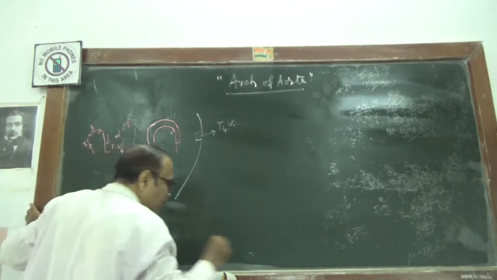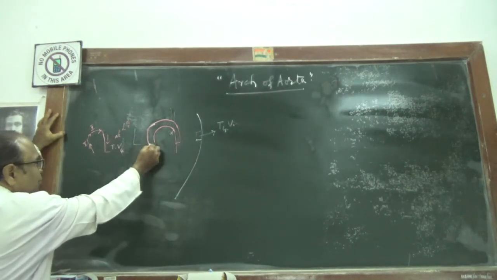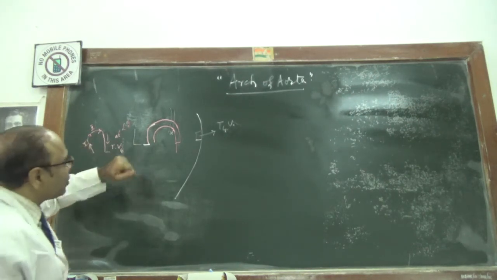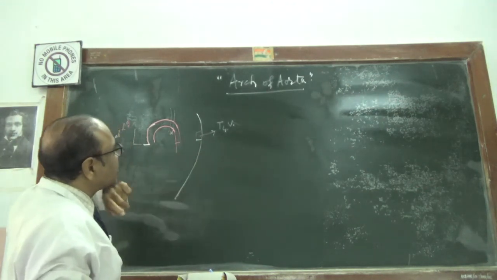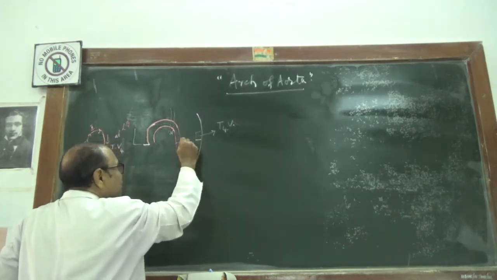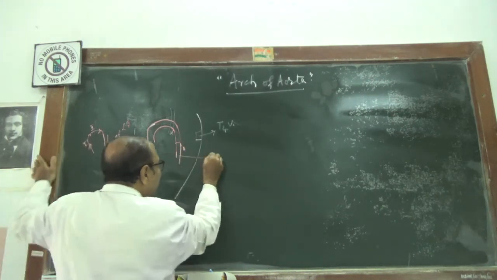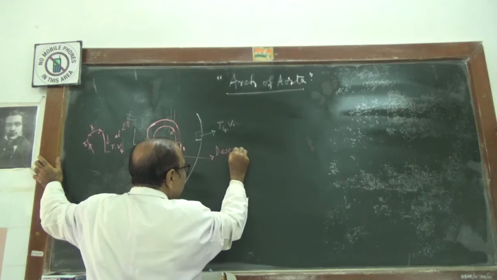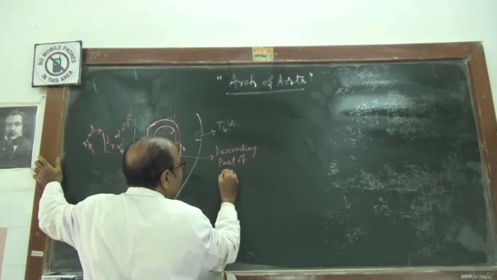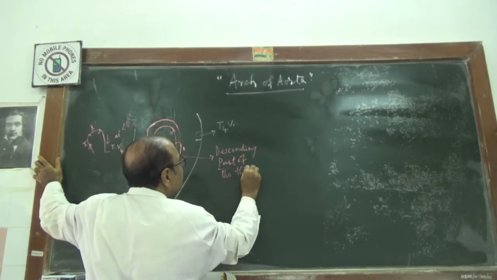The meaning of this is so simple: it starts from the angle of Lewis, that is said to be the sternal angle, or the upper border, or sometimes the lower border of the second costal cartilage in front, and it will end at the lower border of the fourth thoracic vertebra, where it will continue further as the descending part of the thoracic aorta.